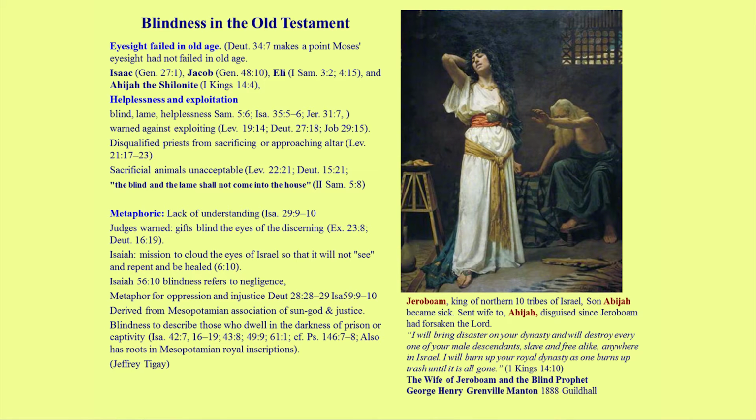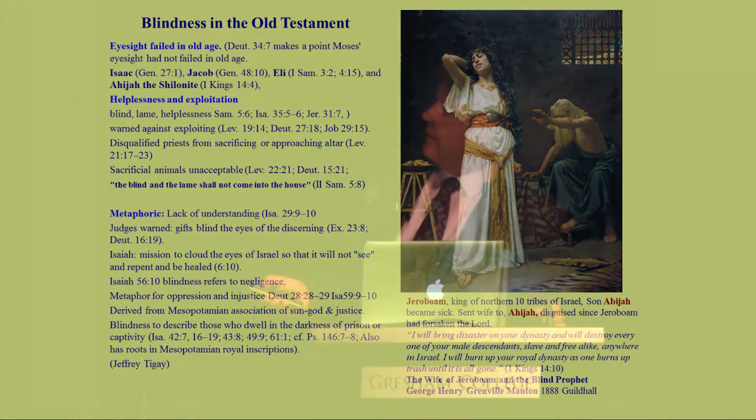your male descendants, slave and free alike, anywhere in Israel. I'll burn up your royal dynasty as one burns up trash till it's all gone. So that is not the message he wanted to hear. But even though he's blind, he was able to pass the message on to the king's wife. So eyesight could fail in old age, and it could make people wiser, able to have introspection, to think on